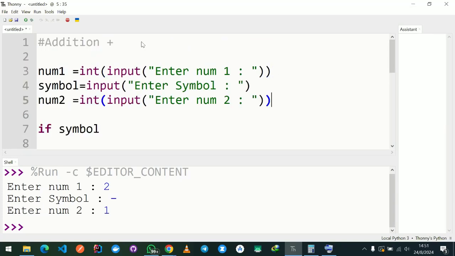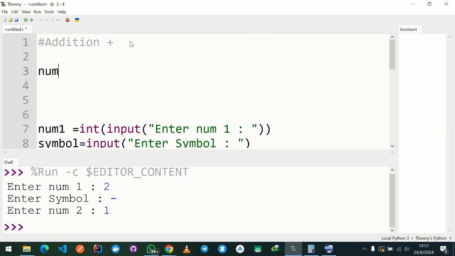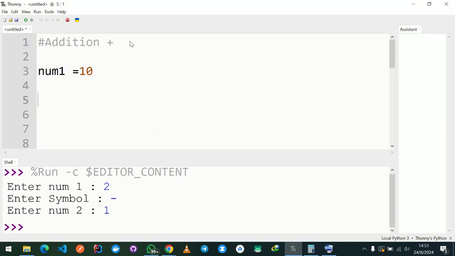So for example, I can have two variables. Then I will assign my variable 2 to variable 1. I can have num1 like this, which is 10. Then I can say I want to have a second number, which is num2. But I may have a scenario where I say my second number is the same as the first number. So I can say num2 is equal to num1. So what this does, it creates